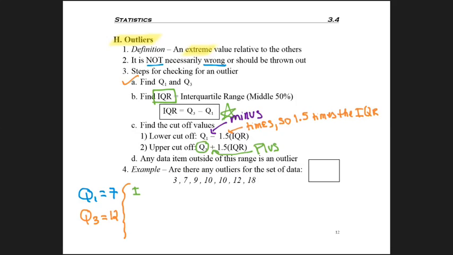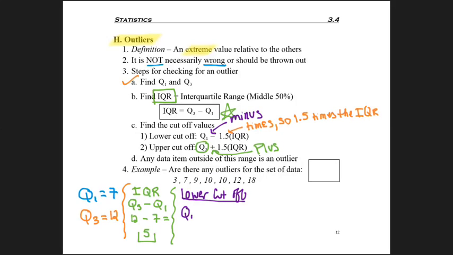Next thing I need to do, find the IQR, the interquartile range, and the formula is Q3 minus Q1. So in our case, 12 minus 7, and that gives us 5. So I have my interquartile range. I'm ready to find my lower cutoff. The formula for the lower cutoff is Q1 minus 1.5 times the interquartile range. So I take my 7 minus 1.5 times the 5 I got from the interquartile range, and my lower cutoff